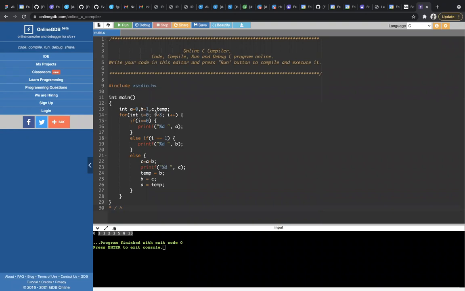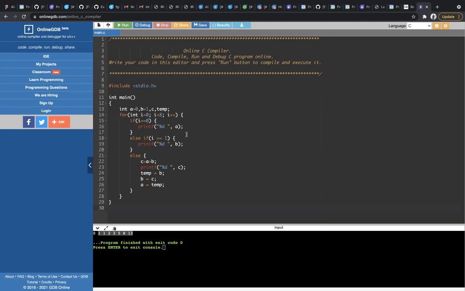So normally only looping statements will have this multiplication thing, because only if you are using a loop will you multiply the statements inside it by the number of times the loop runs. Normally they won't consider the statements inside the loop. They will consider how many times the loop is getting executed and how many loops are getting executed. For example, here don't consider the statements, just tell me how many times the loop is getting executed. 8 times, right? So if we want to print 10 numbers, we need to execute the loop 10 times, right?